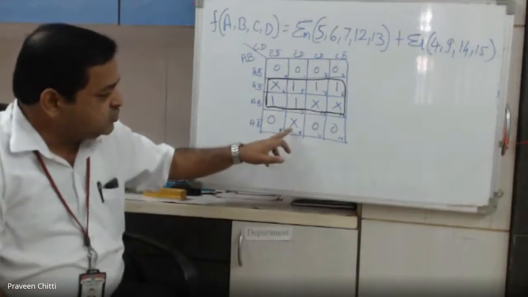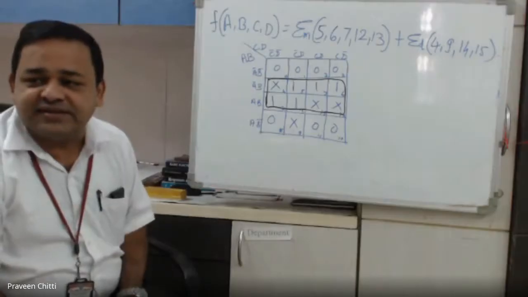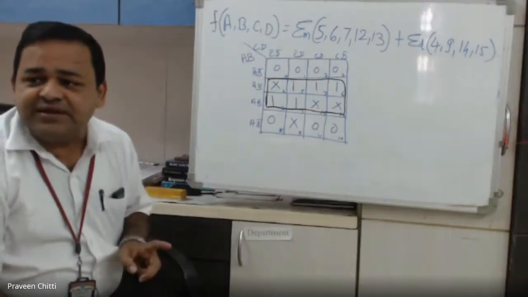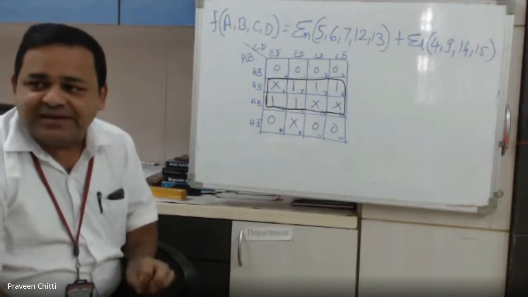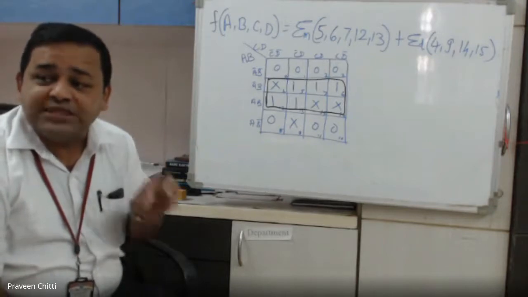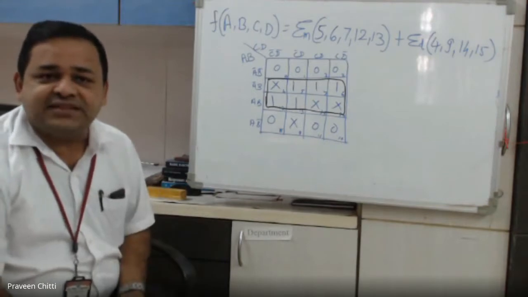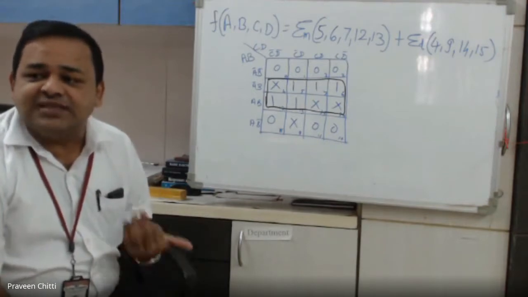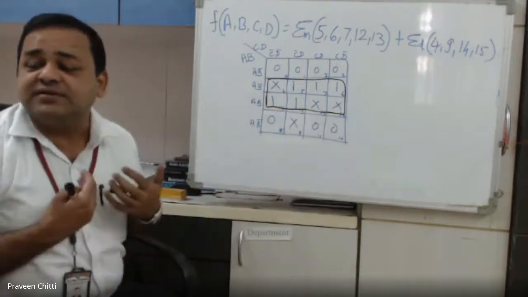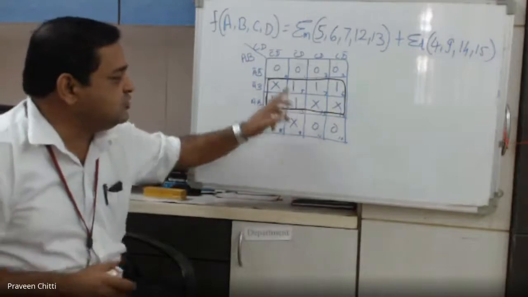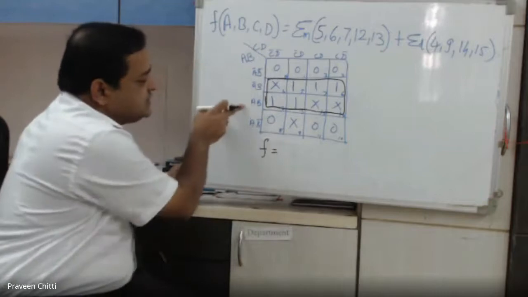Right? So do I need to cover this also? No, sir. No. Covering x is not mandatory. What is the mandatory requirement here? You should cover all ones in one or the other group. If any don't cares are there, you can use them as either 0 or 1. Here I have used this don't care as 1, and here I am treating it as 0. So I need not consider this, only 1, and I can write the answer as f equal to what now? What is the answer, Kedar?